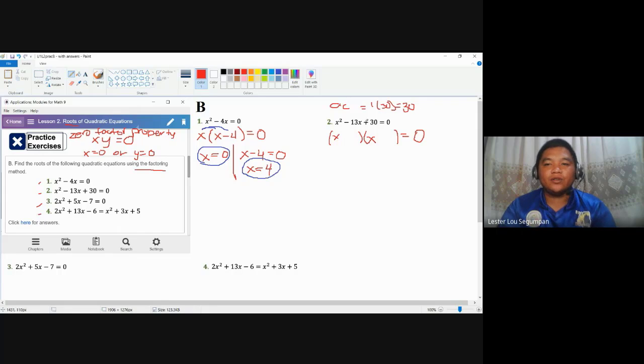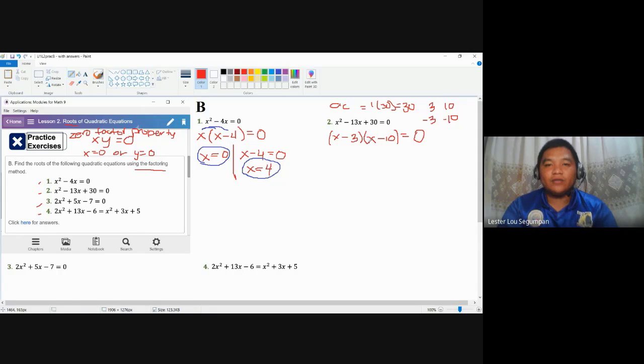Factors of 30, which could result to negative 13. So the factors of 30, you could actually have 3 times 10, but 3 times 10 is 30, but when added, it's positive 13. It's not negative. So the other factors are actually negative 3 and negative 10, because negative 3 times negative 10 is positive 30, and then when you add them up, that's negative 13. So this is actually what you're going to place here, minus 3 minus 10. This is just one of the processes that we talked about in the previous grade level. You might want to review on that.